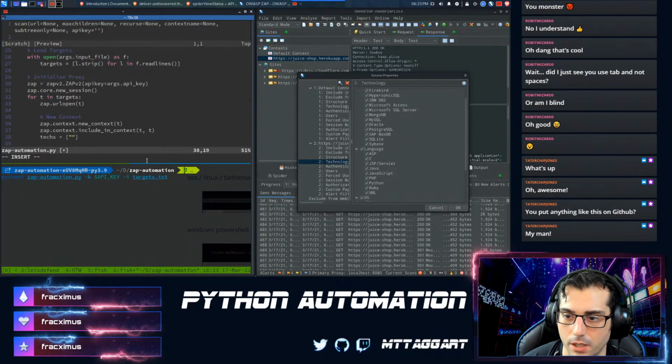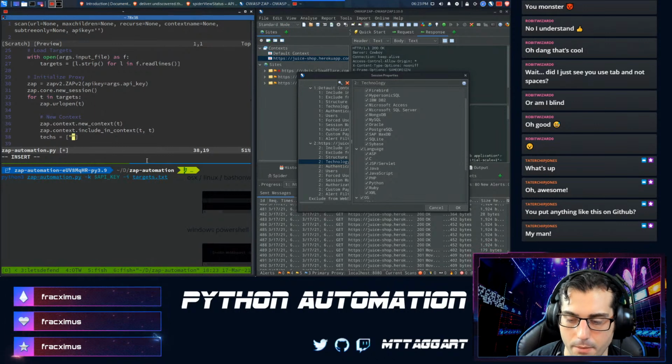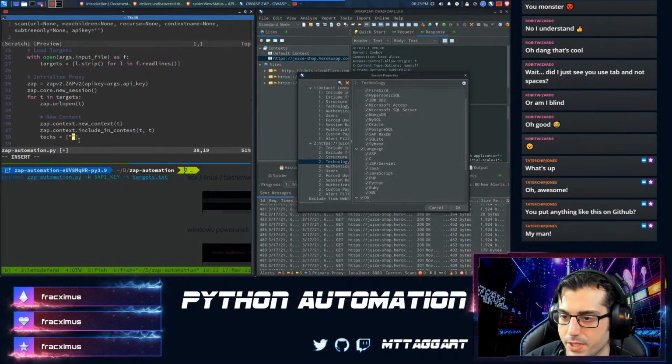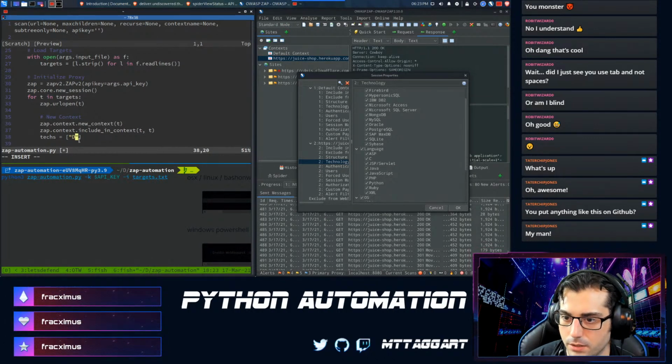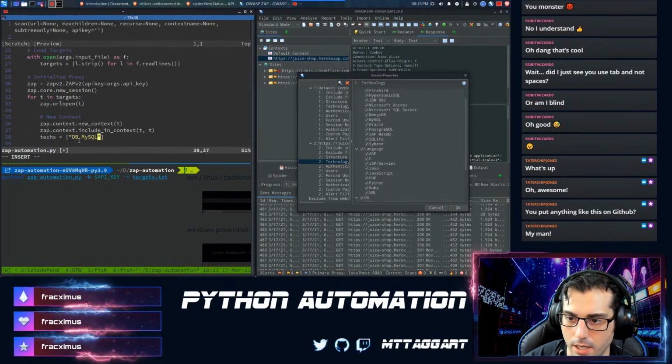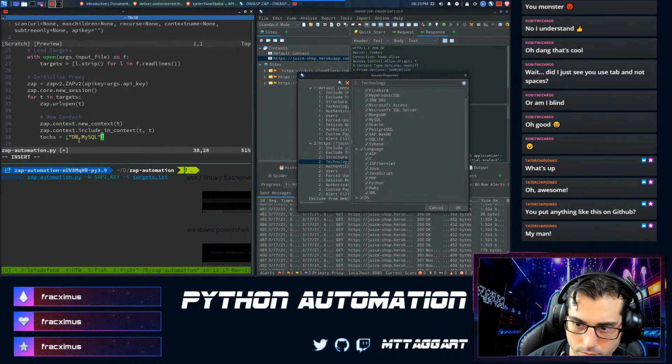So the first thing I'll do is create my Python list. We'll make this a command line parameter in a second, but just to demo it, it'll be db.mysql, and there's no reason to make this a list and then join it because we're just demoing it.